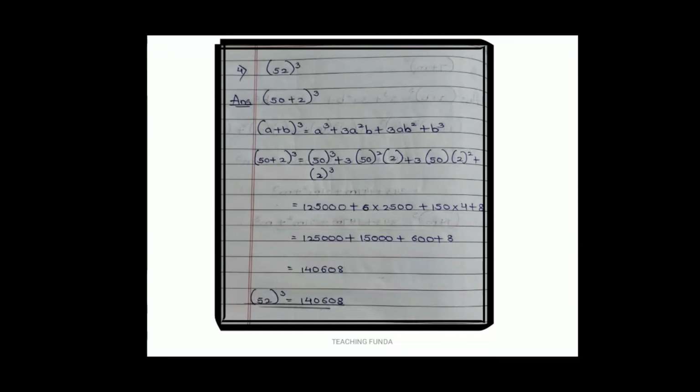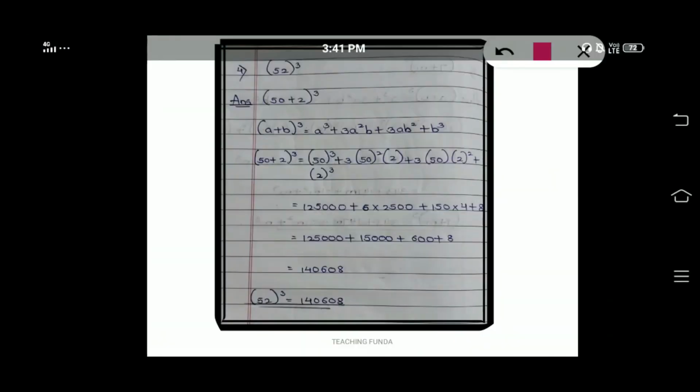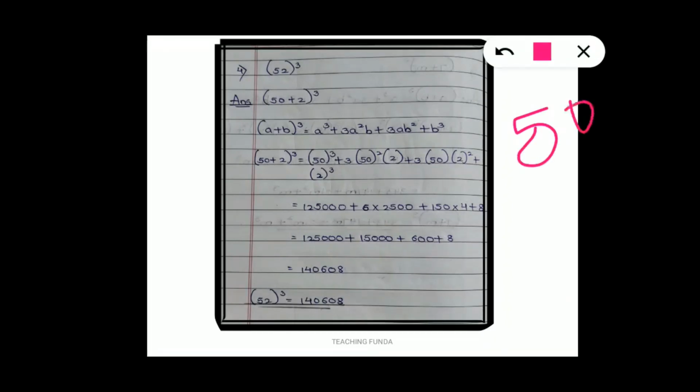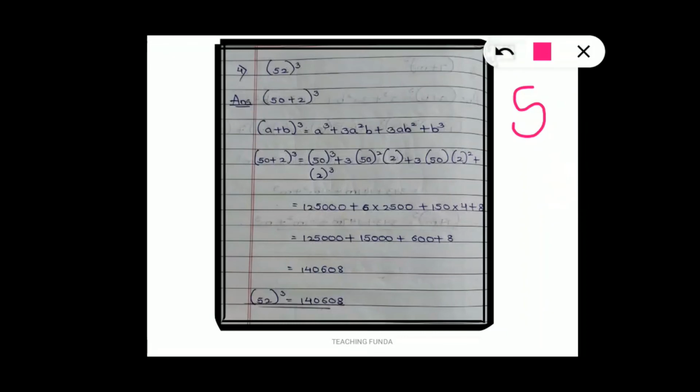Now 50 cube is what? 125000. Student, listen here. This is very easy. How to find out the cube? Just see 50 into 50 into 50. Okay, 5 5s are 25, 25 5s are 125, and reach 3 zeros. You have to write directly. Don't do the multiplication with all the steps. There is no need of it. It is time consuming.